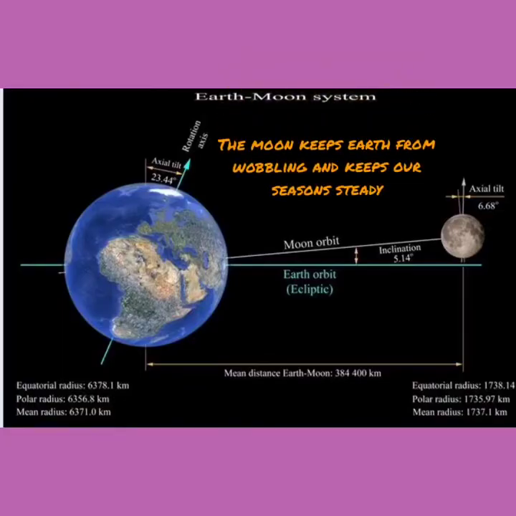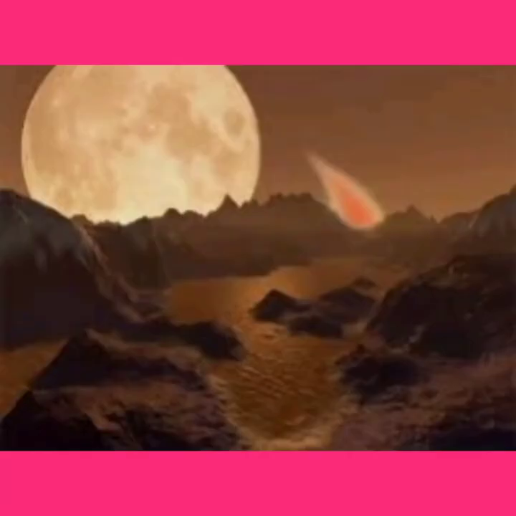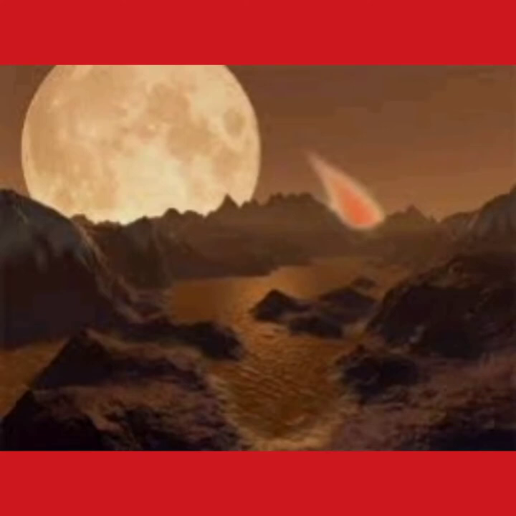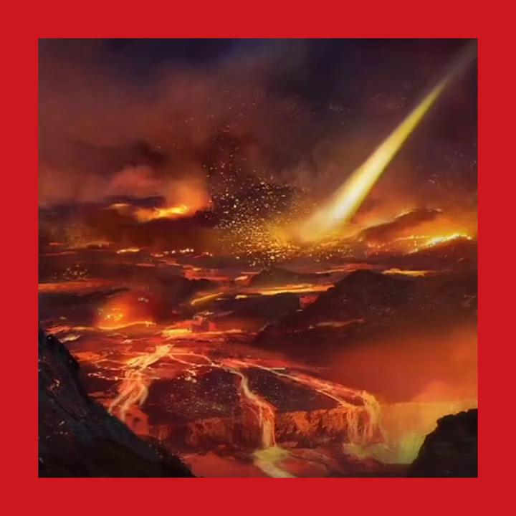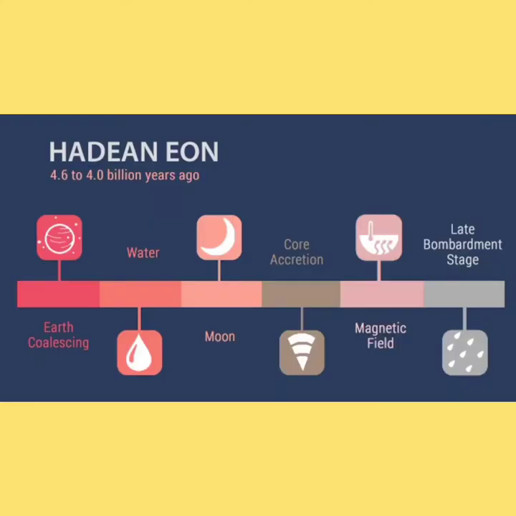At the end of the Hadean Eon, Earth was still in the late heavy bombardment stage, and asteroids and comets pelted Earth. Thus we understand that in the Hadean Eon we obtained the heat source, the magnetic field, and the Moon. There are no fossil records as the temperature was too high to sustain life.